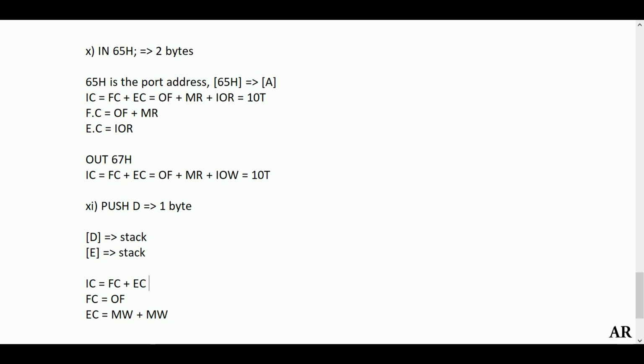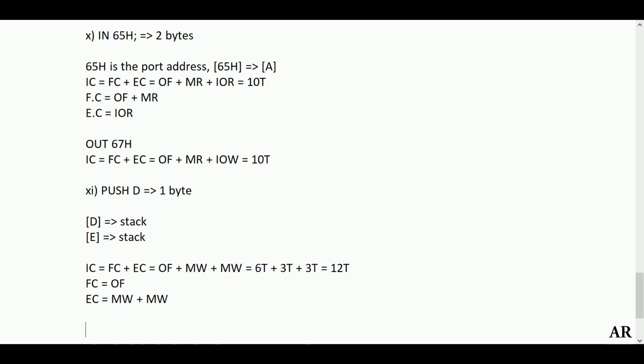Now if we write in total, push is one of the special instructions which has opcode fetch taking 6 T states. Why 6 T states? Again, I have explained this in the class, so please try to recollect that part. If I start explaining this point here again, it will again take 20 to 30 minutes, so I'm skipping that portion. Opcode fetch will take 6 T states, and memory write plus memory write again 3 T states plus 3 T states, which takes 12 T states.